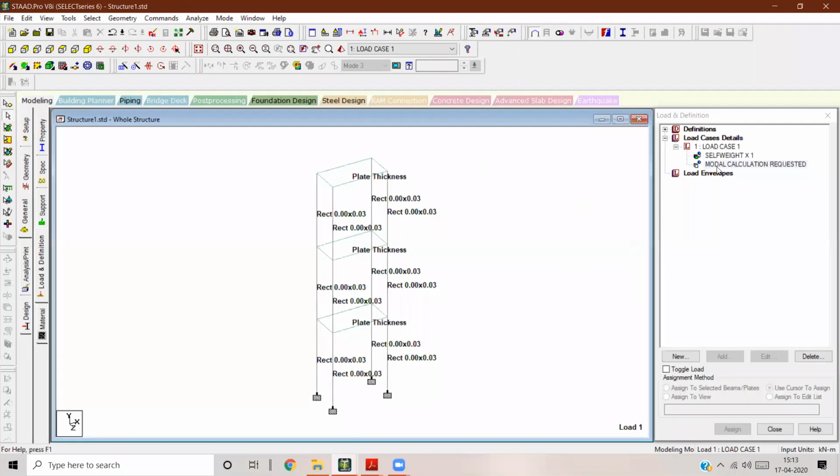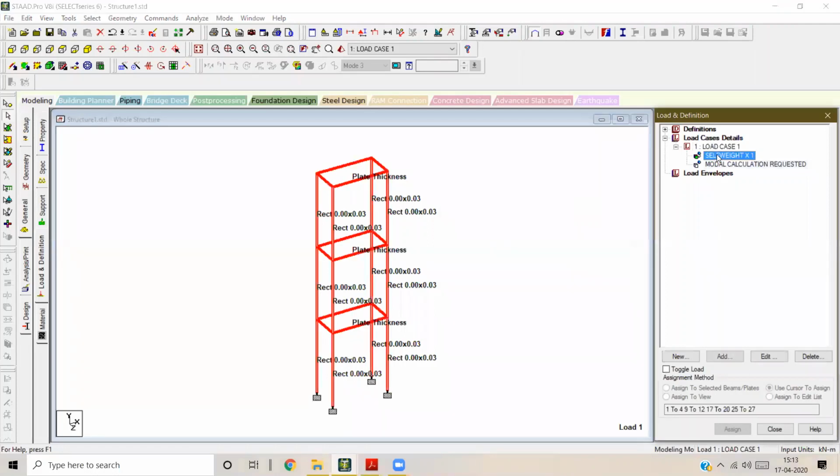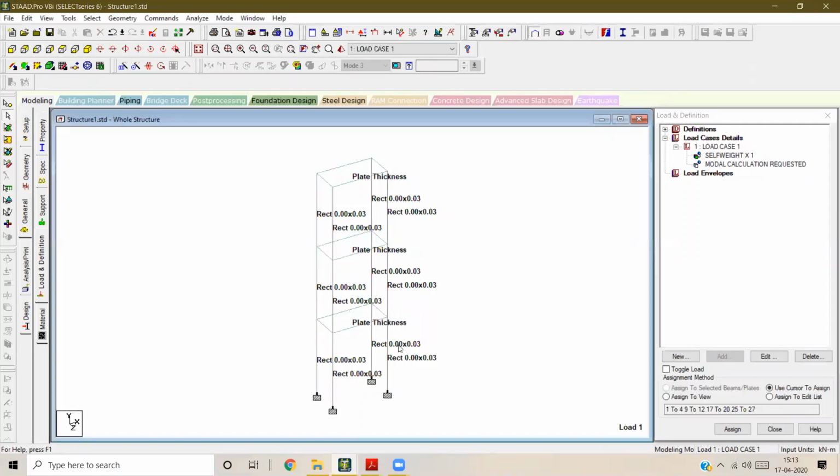This is one key thing you cannot forget. Otherwise, you'll get a lot of frequencies and your values will not match between ETABS and STAAD. Understood? There is literally no other load case or load combination that needs to be applied. So define a load case, add self weight. Again, remember that it has to be along the horizontal X direction only. In this case, it is the X direction because I've modeled the building like this. In case you twist the building by 90 degrees, you'll have to do it along the Z direction. So whichever horizontal axis your building is going to sway in.